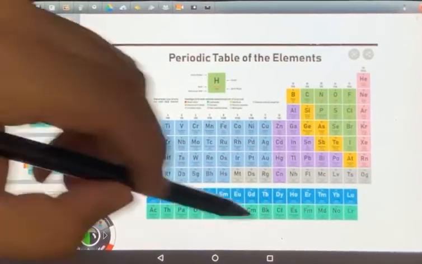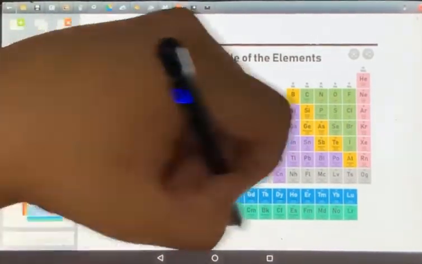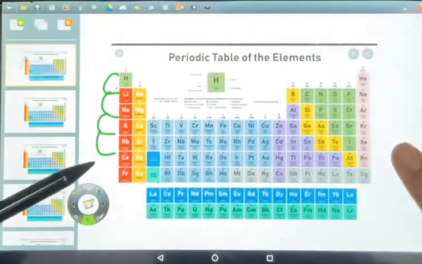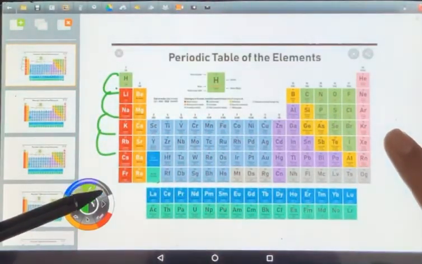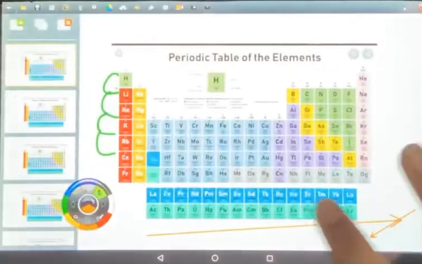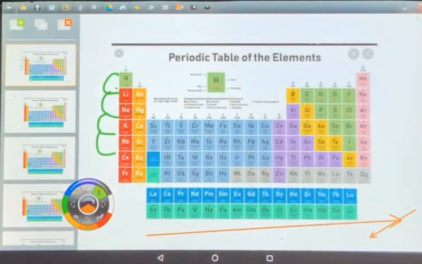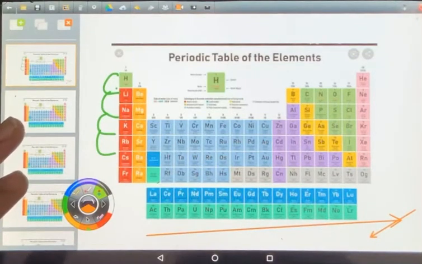In the same way, when we are going left to right in a period like this, we are actually going across groups and we are increasing the valence electrons. Okay, but the shell is same because period shell से ही denote होता है. Fine. So these are 2 important trends, that down the group and left to right in a period, what variations we'll be having, and on the basis of this only various atomic properties like the atomic size, metallic character, non-metallic character, ionization, etc. can be explained.